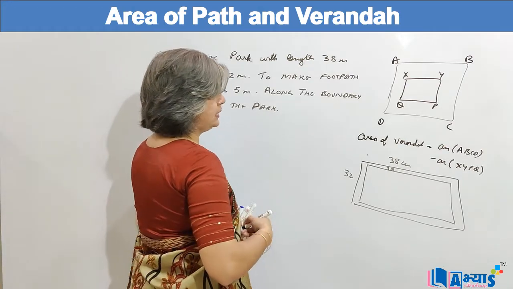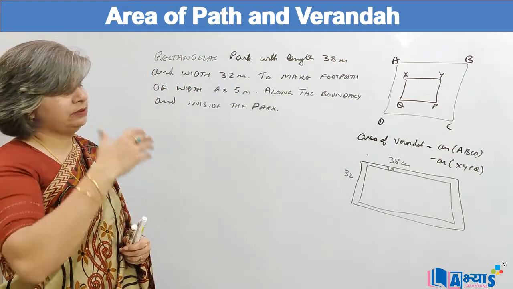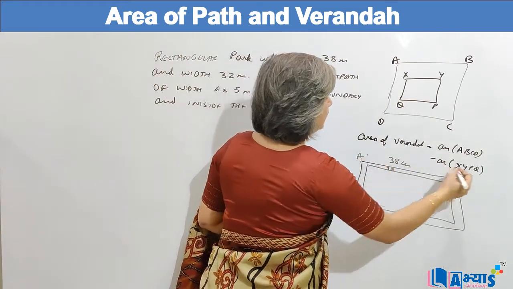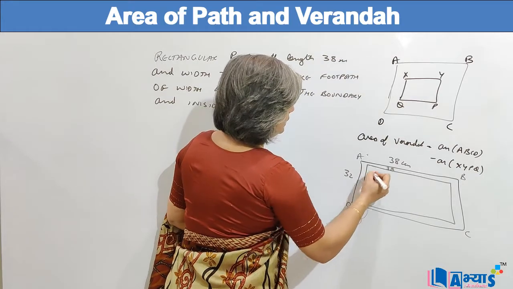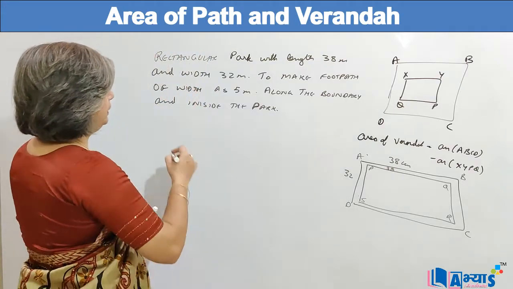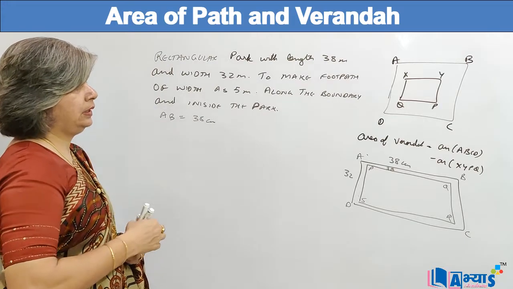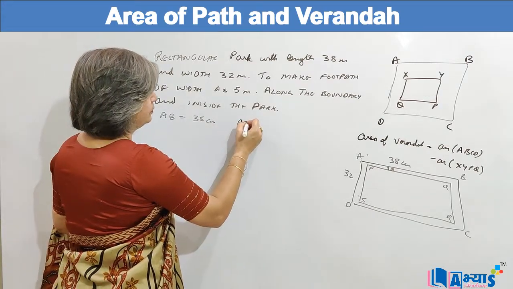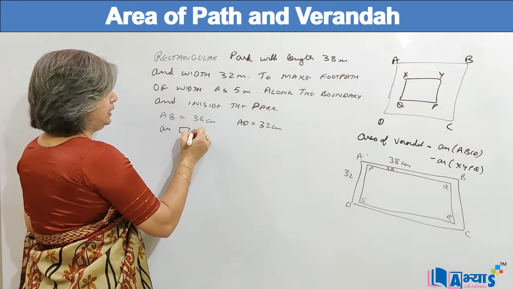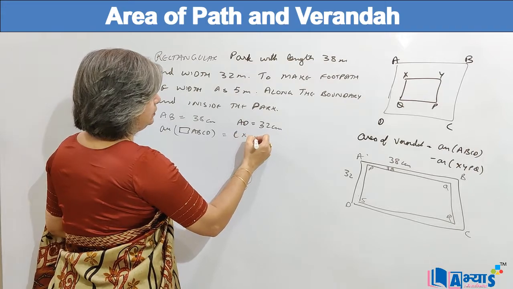So basically it is an example of the question of the veranda, because in the case of veranda also the interior was built and the area of the remaining portion was to be found. Let us suppose this rectangle is named ABCD and the inner one is named PQRS. Now AB is equal to 38 meters and AD is equal to 32 meters. Area of rectangle ABCD is equal to base into height, that means length into width, or we can say 38 into 32,